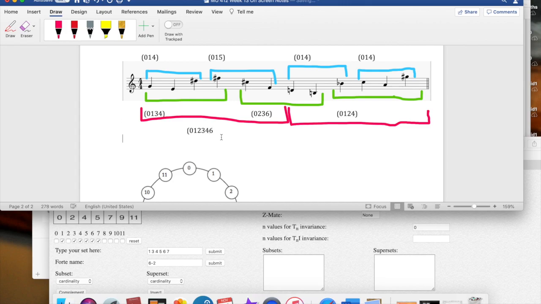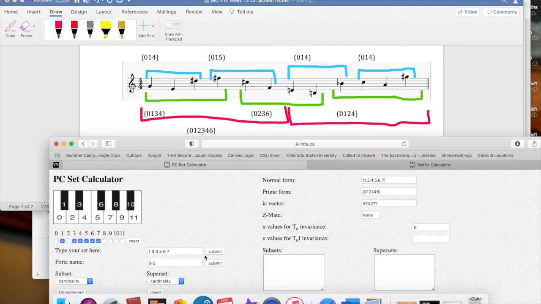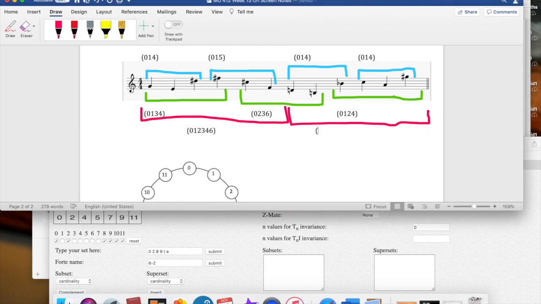Now let's see if we go to this one, if it has any really different qualities. We've got 2, 11, 10, 0, 9, 8. And look, it's actually the same. So that's kind of cool.